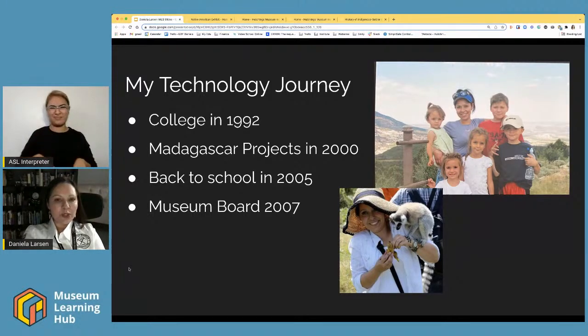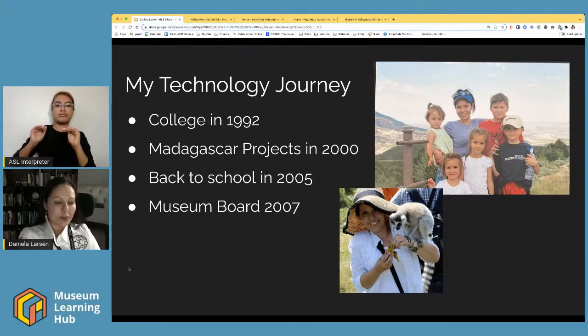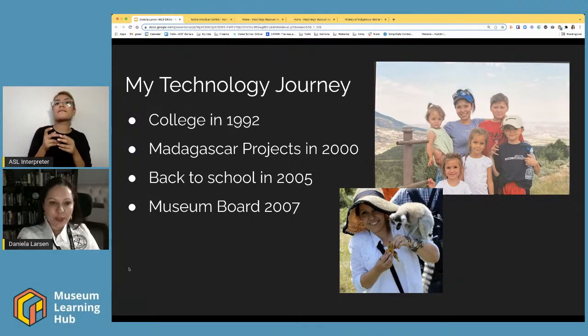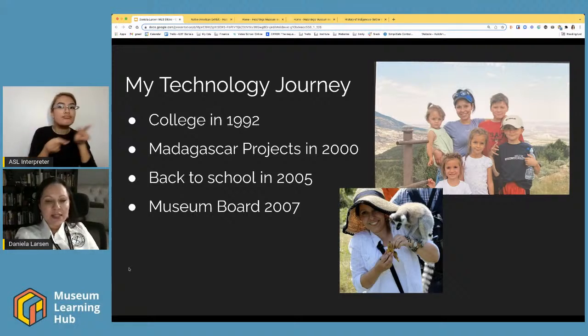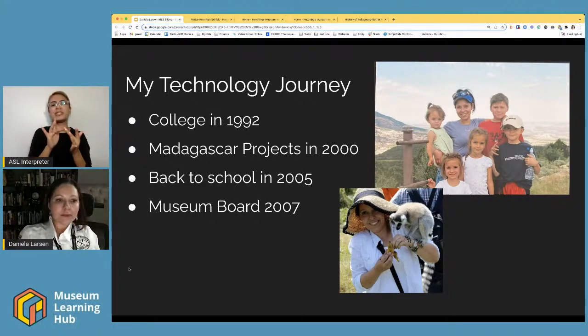I'm sure, as most of you know, when somebody asks you to be on a board, it really means, well, you work for us for free. And my kids had basically grown up at this museum, at the Hutchings Museum. They'd spent a lot of time there, playing in their rock and mineral room and doing all these other great things. And so they asked me to come and serve on the board and help the museum get some digital media going in 2007.